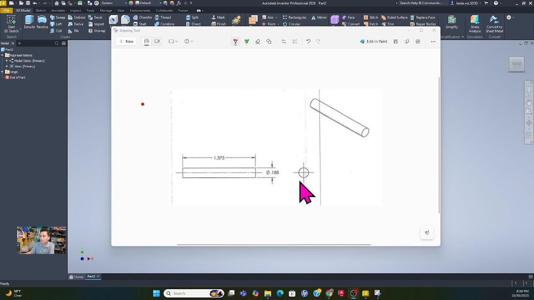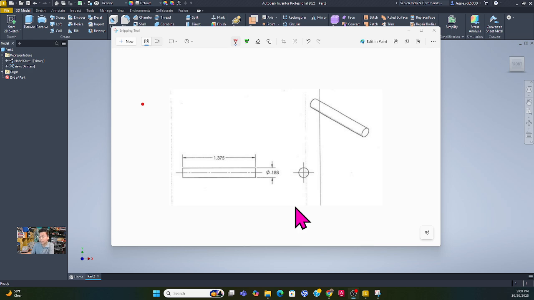All right, in this video, we're gonna go ahead and construct this circle here, and then we're gonna 3D this into a rod. Okay, this is the axle rod. The length will be 1.375 units, and because there is no units here, we're gonna go ahead and assume everything